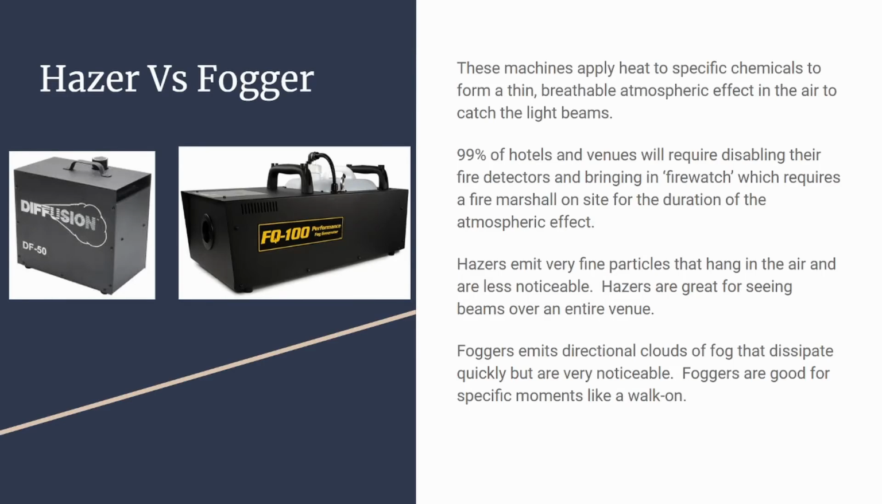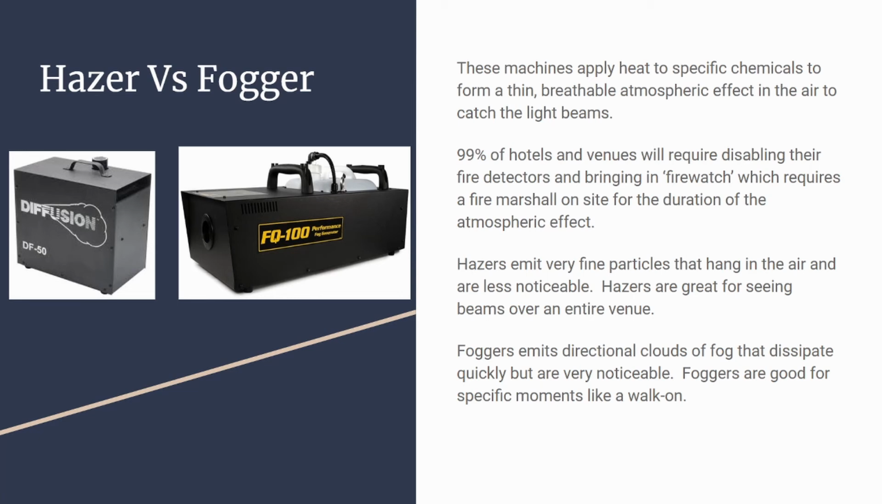Hazers and foggers each work by applying heat to specific chemicals to form some type of atmospheric effect. For hazers, it's a thin, breathable atmospheric effect, and for foggers, it's a directional cloud. 99% of hotels and venues will require disabling their fire detector systems and bringing in a fire watch. A fire watch is a fire marshal or someone similar that is required to be in the room anytime the atmospherics are going on. A hazer will emit very fine particles that hang in the air and are very much less noticeable. They're great for seeing beams over an entire venue because they have a wide effect, but it's a very light effect